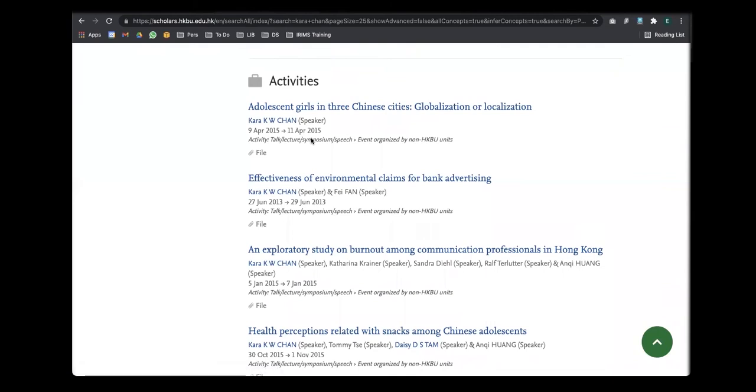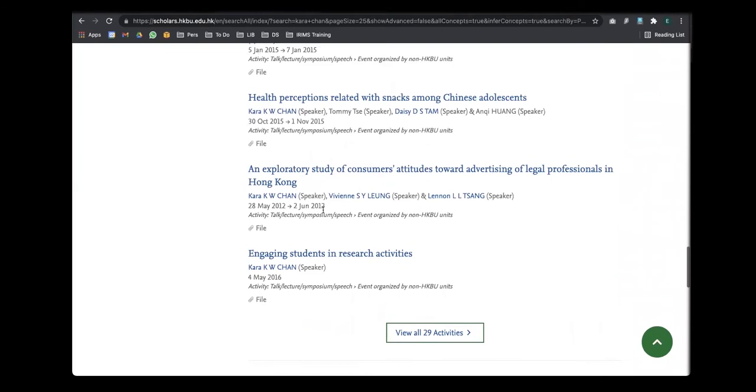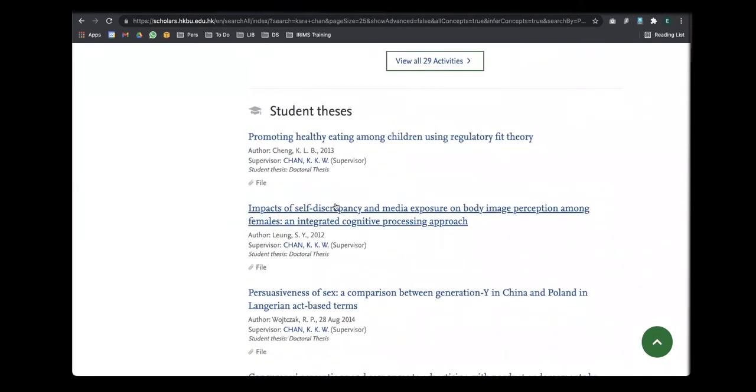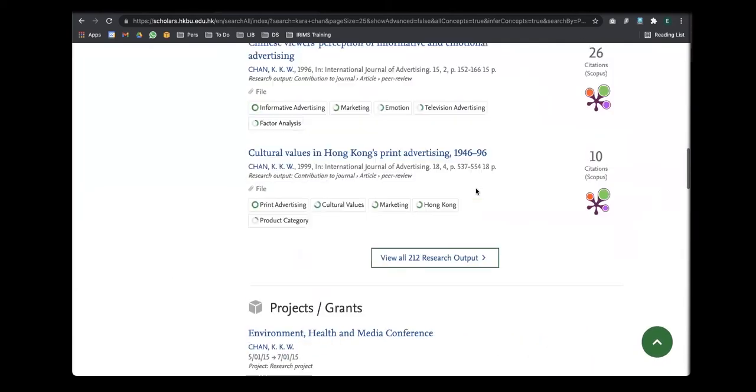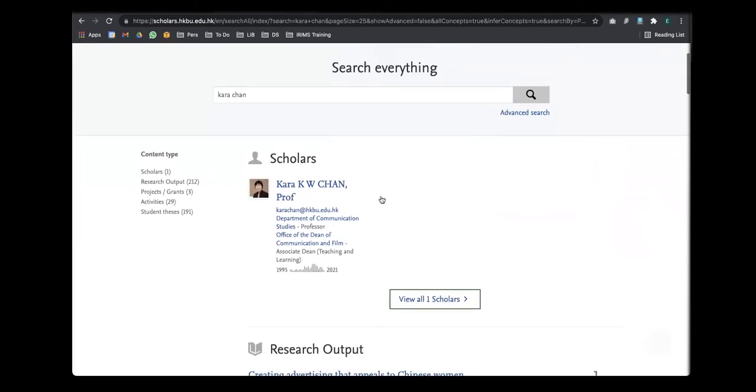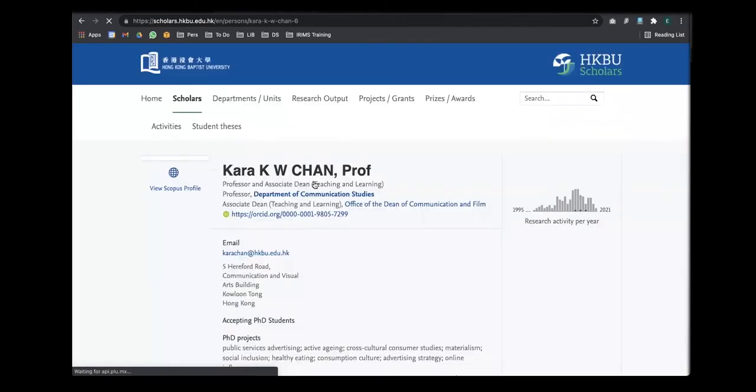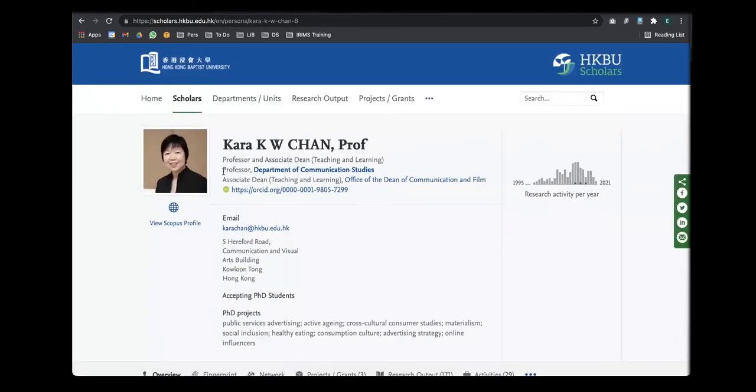Activities such as being a speaker at public lectures or conferences. Also student theses, in which Kara is a supervisor. So it gives a summary of Kara's work. Now, if we click into Kara's profile, you see that the public is also able to see her title, which